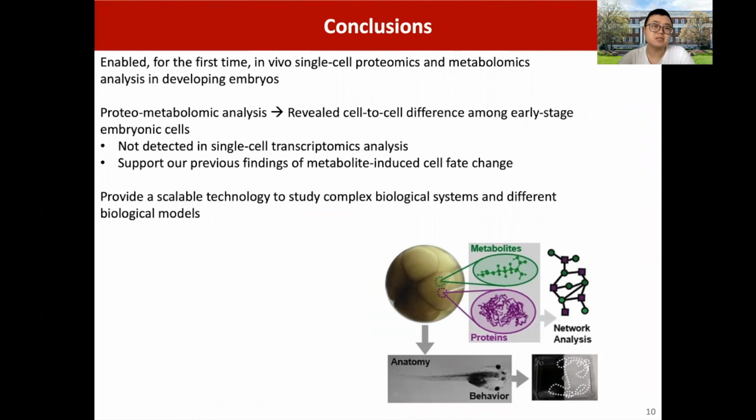By performing this multi-omics analysis, we are able to reveal the cell-to-cell difference among early stage embryonic cells. And this difference cannot be detected in the single-cell transcriptomic analysis. Also, the results support our previous findings of metabolite-induced cell fate change. On the technical side, we provide a scalable technology that allows people to study complex biological systems and different